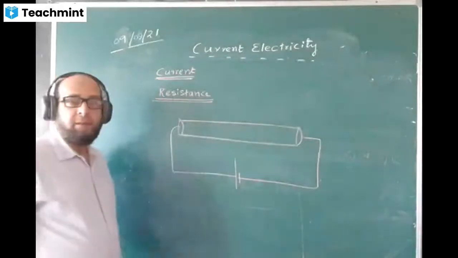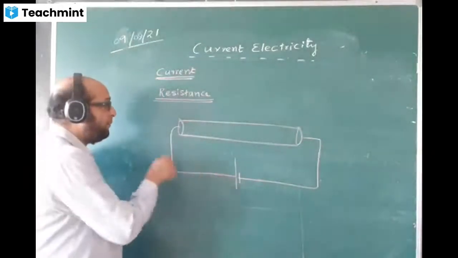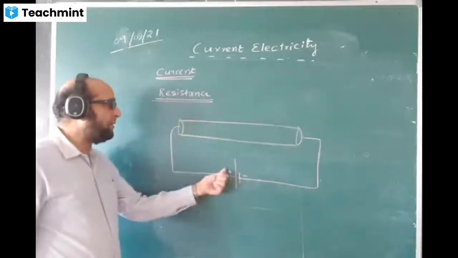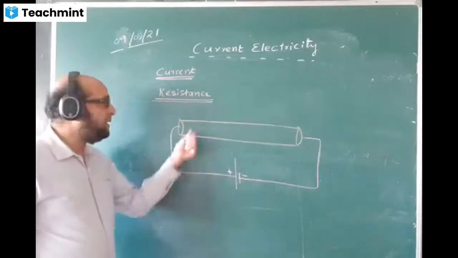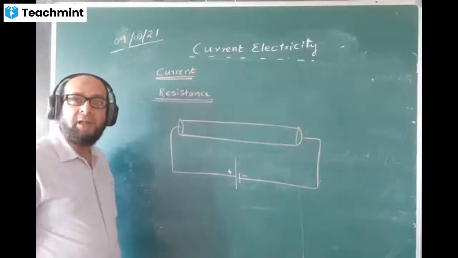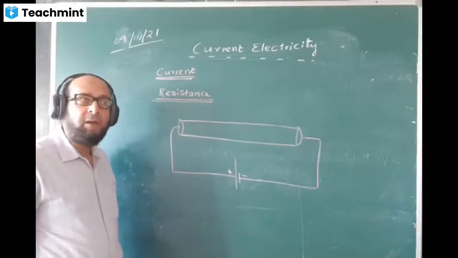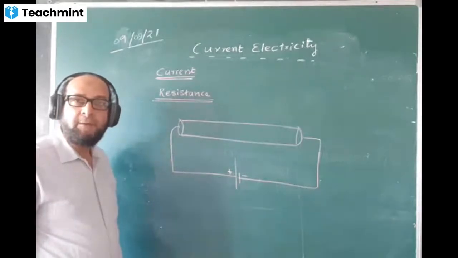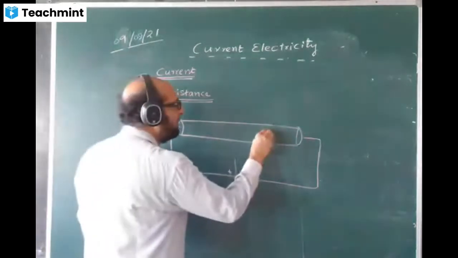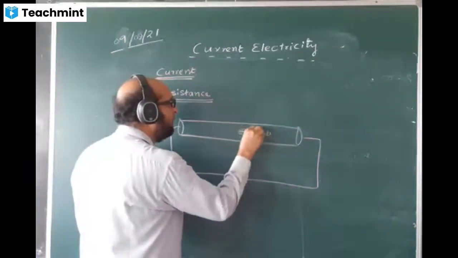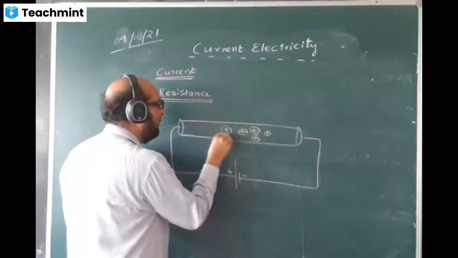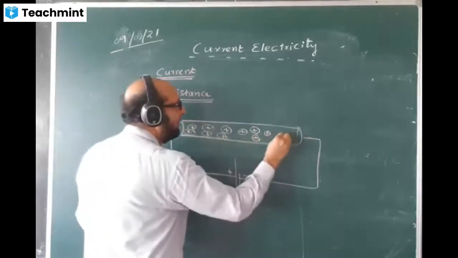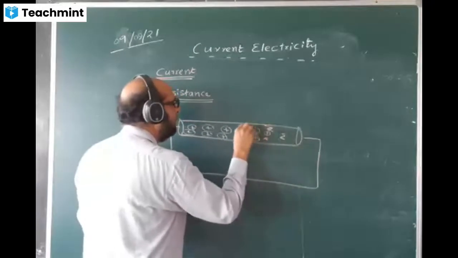Let us take a conductor. We are applying a potential difference, a voltage, one side positive, one side negative. The longer one is positive, the shorter one is negative. What are ions? Electrically charged atoms are called ions. The conductor will have positive ions. Conductors are electropositive in nature, as you have studied in chemistry. And there are electrons.